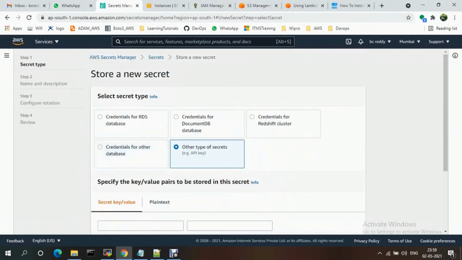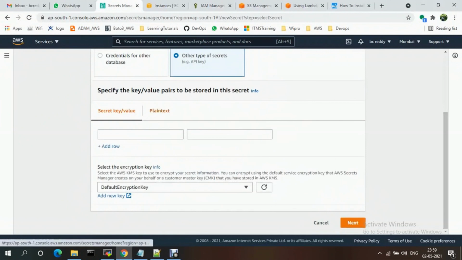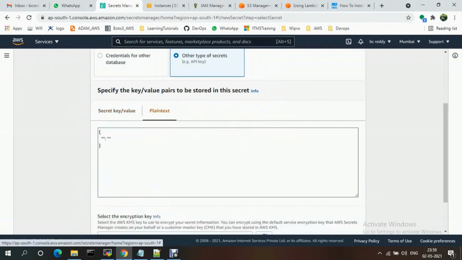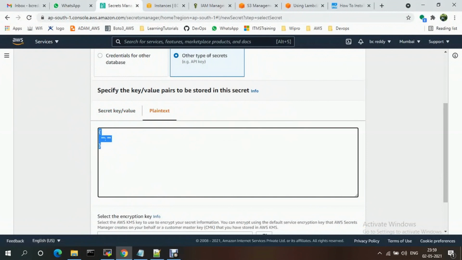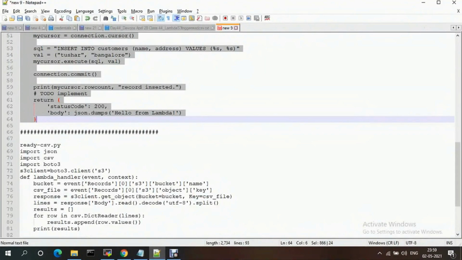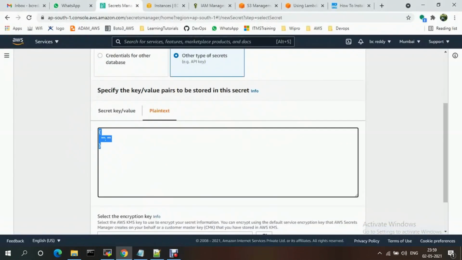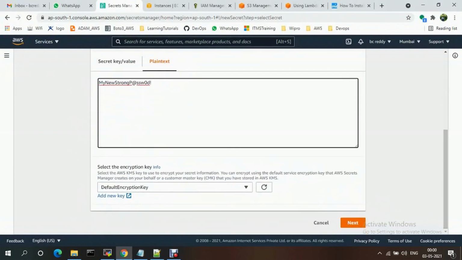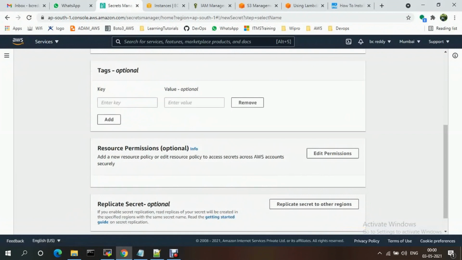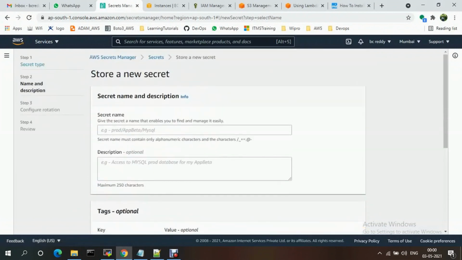I'm selecting API secret key, plain text. I'm going with plain text. My password is this one. I'm just creating that one.